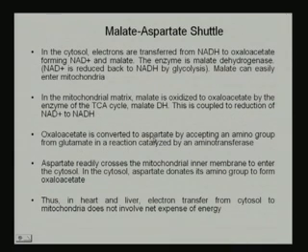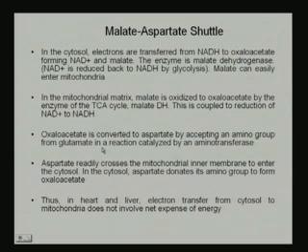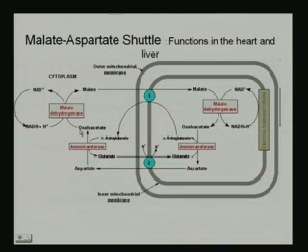Oxaloacetate is converted to aspartate by accepting the amino group from glutamate in the reaction catalyzed by this aminotransferase. So, this is the oxaloacetate which is getting converted to aspartate, and aspartate, as soon as it is produced, comes to the cytosol,